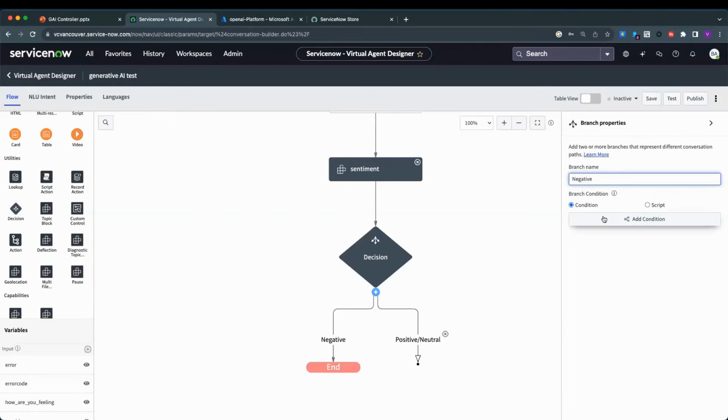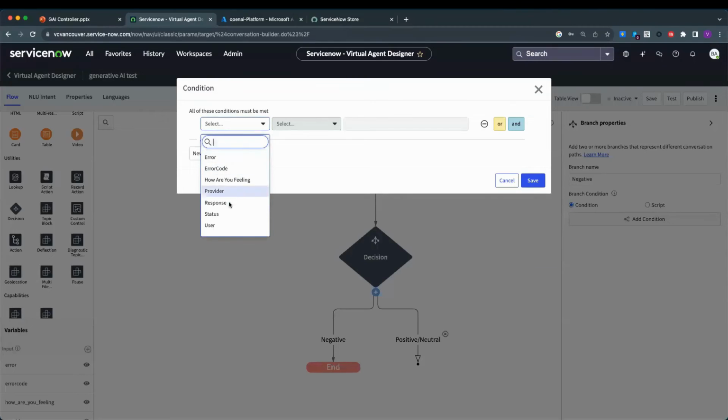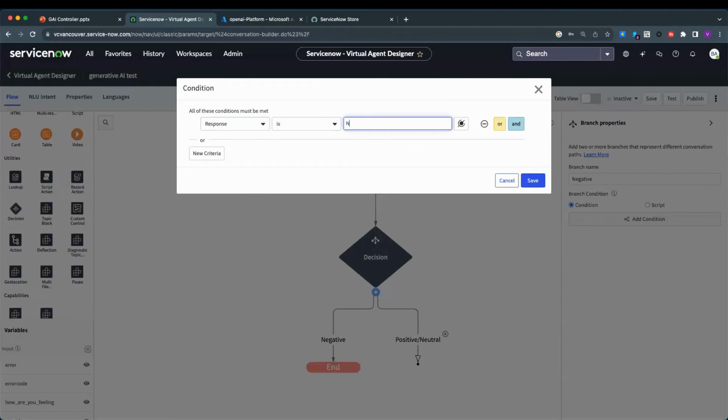Status is usually just okay, something like a 201 or 301, but response is what you want. Provider can tell you whether it's coming from OpenAI or Azure OpenAI. That's good, but we want response. If response is negative,